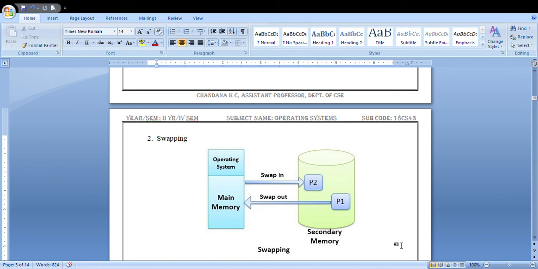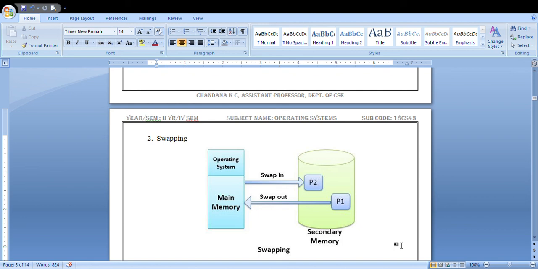Let us consider your P1 process arrives first at time 0, and it is executed for, for example, a time slice of 2 milliseconds. Once P1 has executed for 2 milliseconds, it has to swap from main memory to the secondary memory.